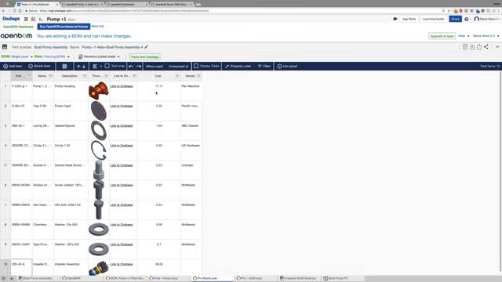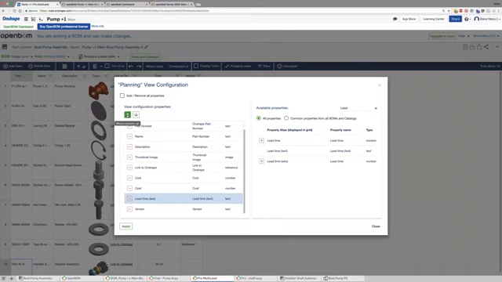Let's take a look at the planning BOM, or the planning view. Well, let's add lead time. And I'm going to move that up a little bit.